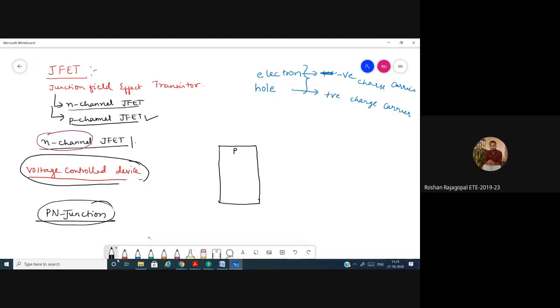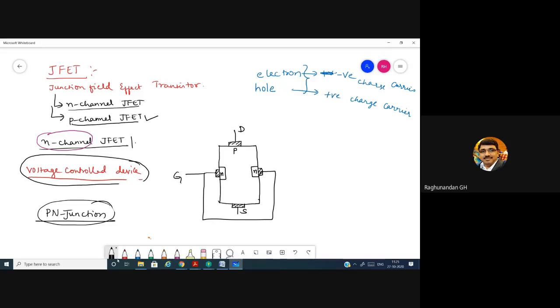Sir, the PN junction forms the diode. So you have to internally embed N-type material on either side. Yes, sir. And the common terminal is taken as the gate. So you should take the ohmic contact. These two are shorted, and this is known as the gate, and this is the source. That's the drain. Okay. Now I have constructed this, so this is called a P channel JFET.